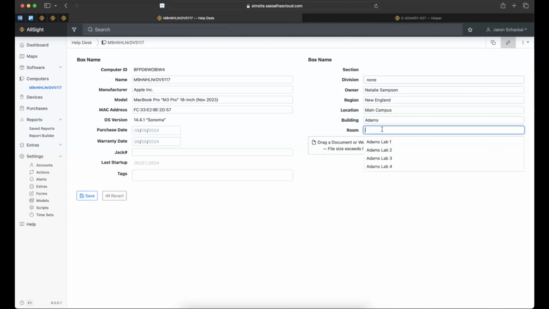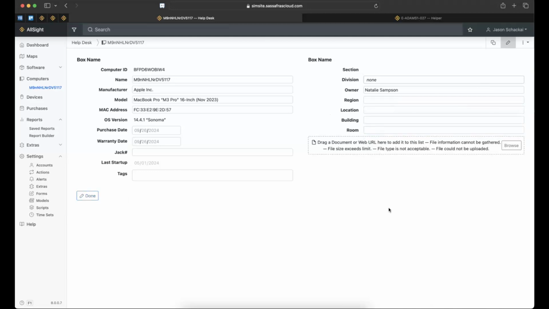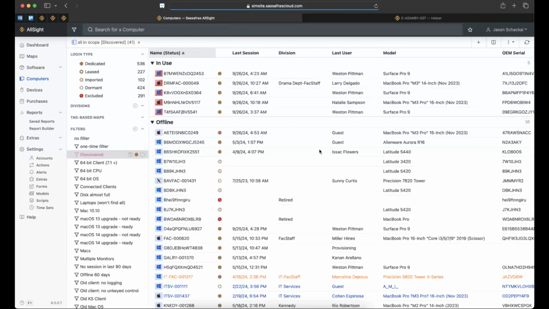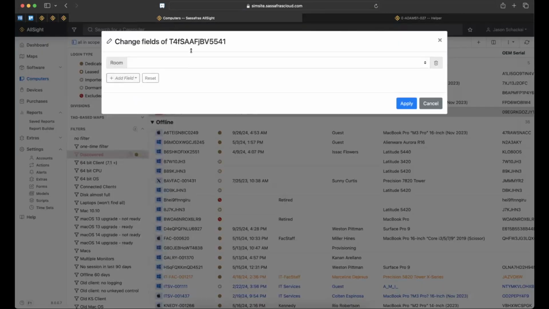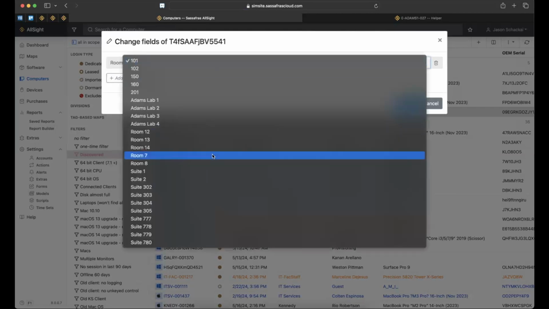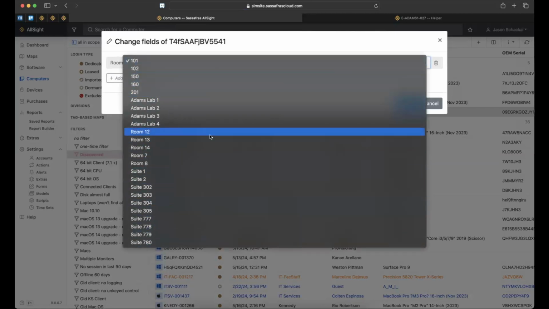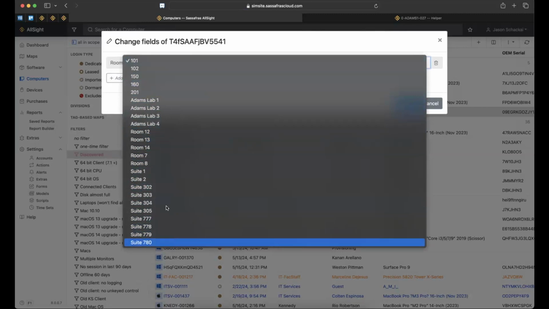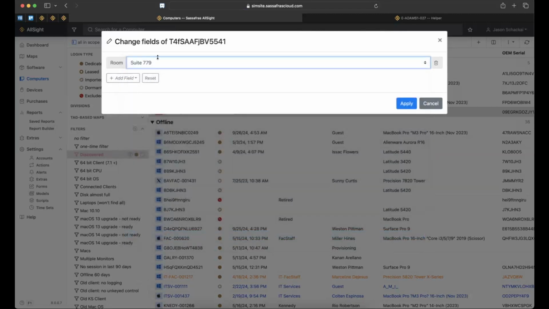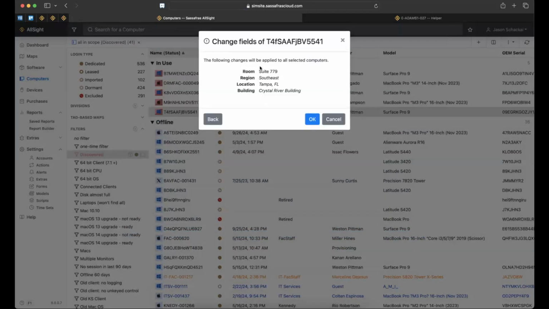And then if I choose rooms, I get a list of rooms. There is a function in Quick Edit now where if I go in and select the room, in Quick Edit, I'm going to see this long list of all of the rooms from all of the buildings and all the locations. I can select a room from this long list of rooms, and when I go to apply it, it